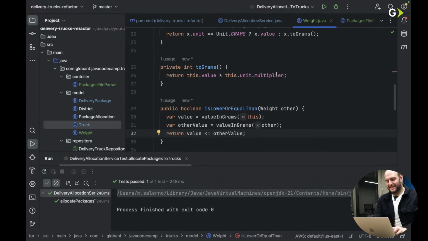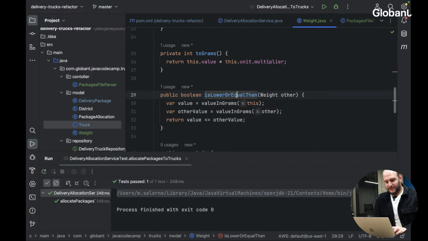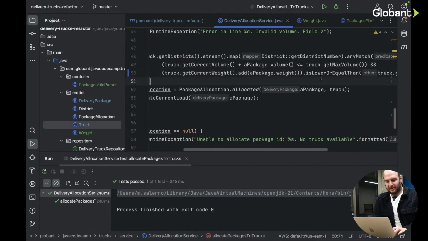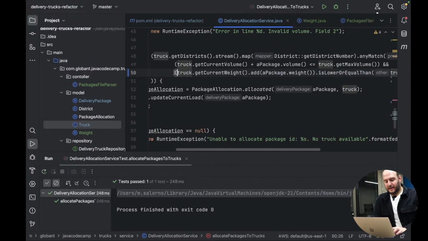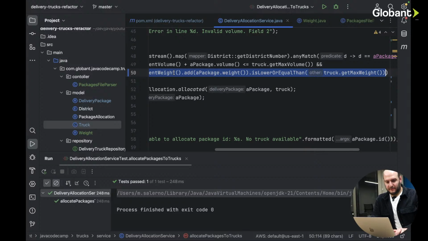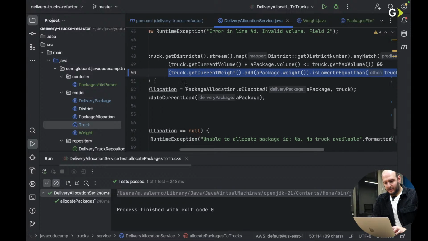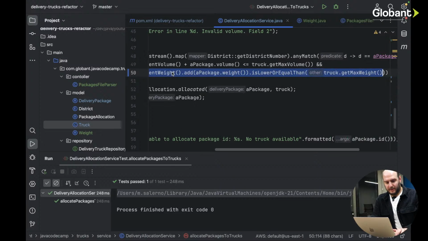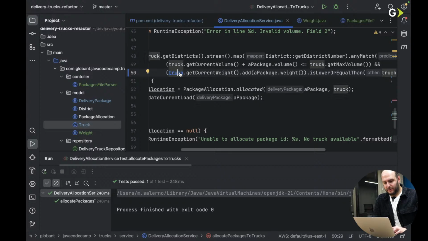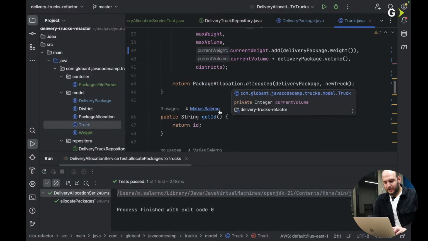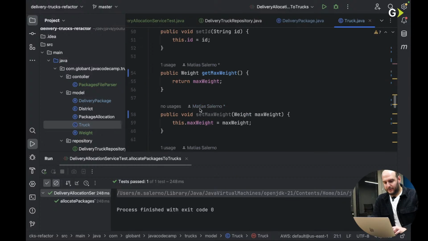Yes, now it works. So yeah, that was the problem. We were comparing values here. So you see, now we have this, and this we could even put in a different method. Because this is a long method here, we can put it inside truck, to be honest. So we have the truck class, and we could say, for example,